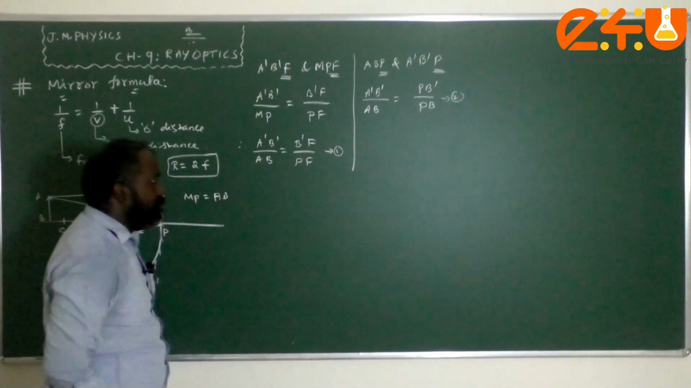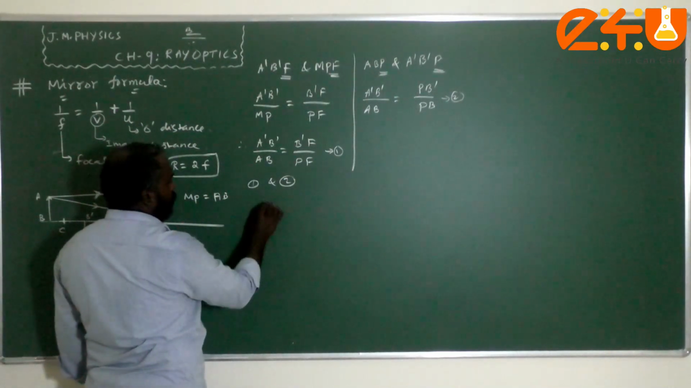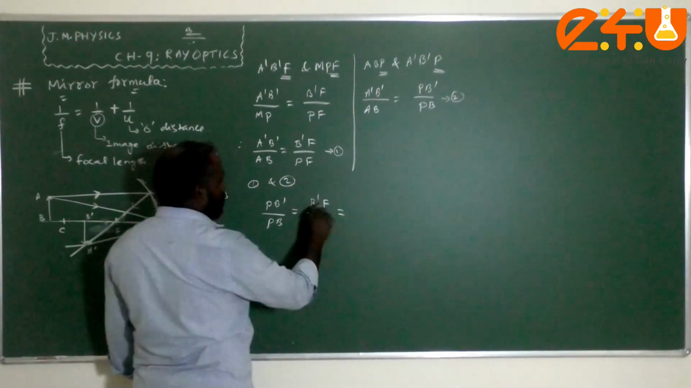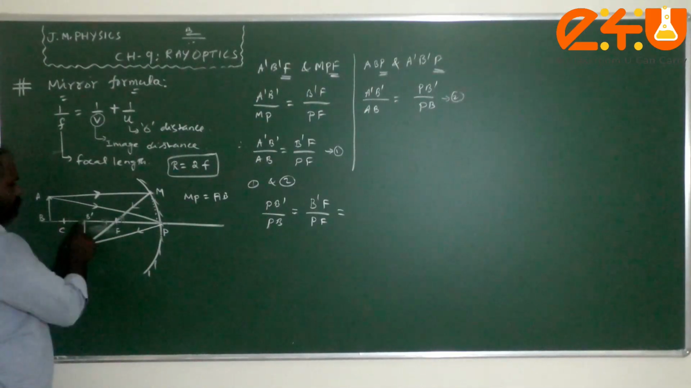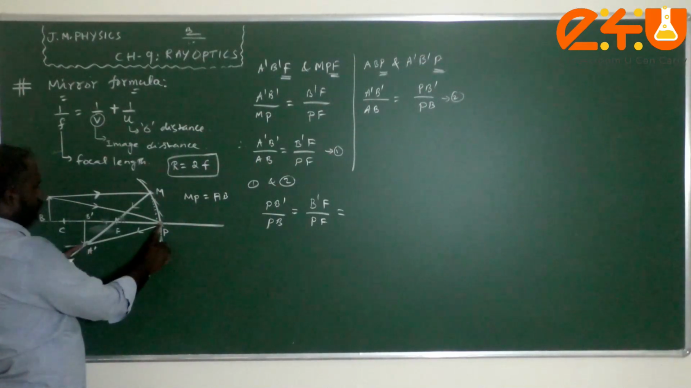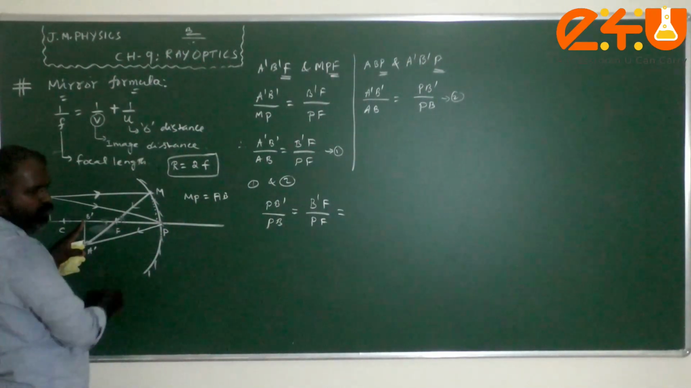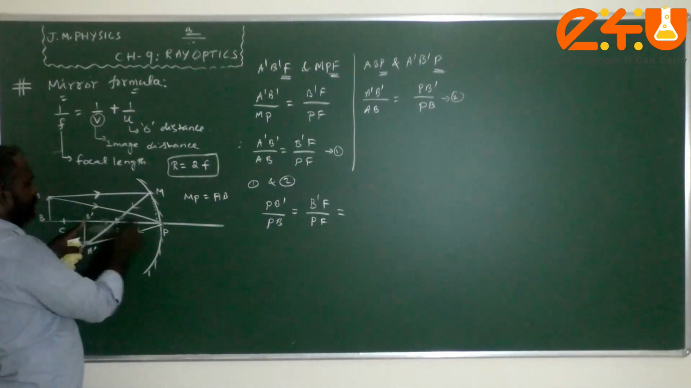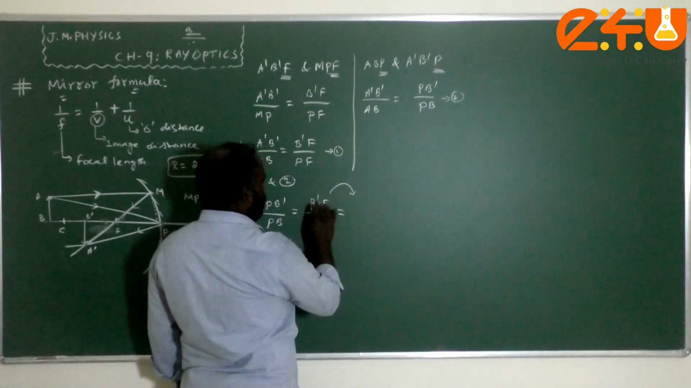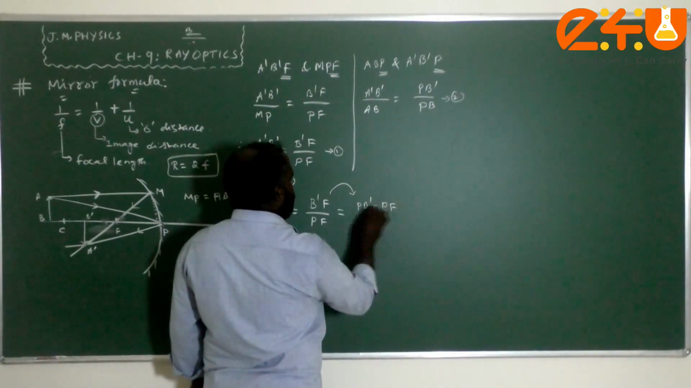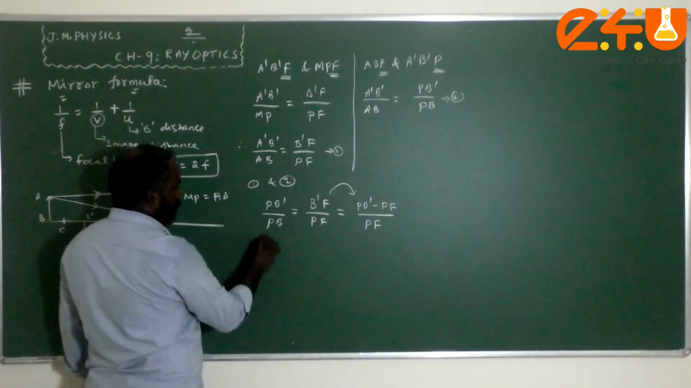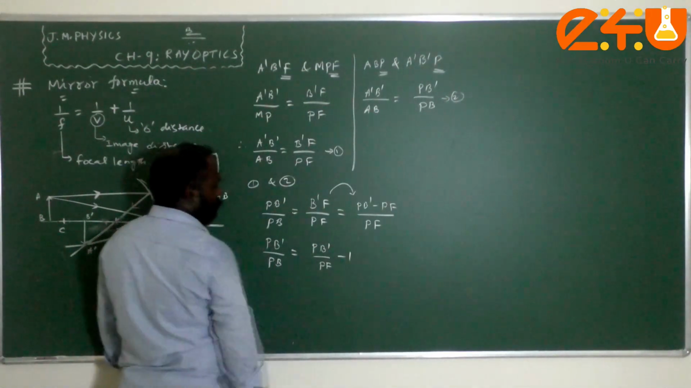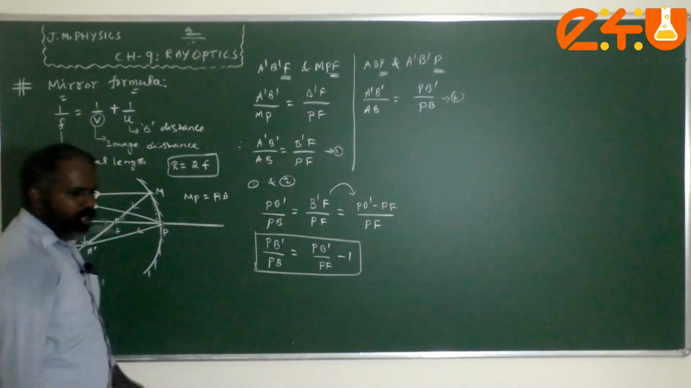Now consider 1 and 2: the LHS are the same. Therefore PB dash divided by PB is equal to B dash F divided by PF. But this B dash F is an unknown quantity, so B dash F can be written in terms of PB dash. The distance between the pole and the image is nothing but V, the image distance, which is a known quantity. The distance between P and F is the focal length, also a known quantity. Therefore B dash F can be written as PB dash minus PF. Dividing by PF, I can write PB dash divided by PB is equal to PB dash divided by PF minus 1. So this is the general expression we get. Now we have to apply the